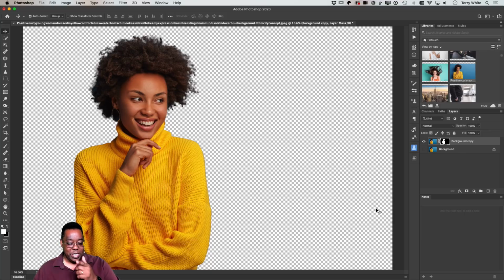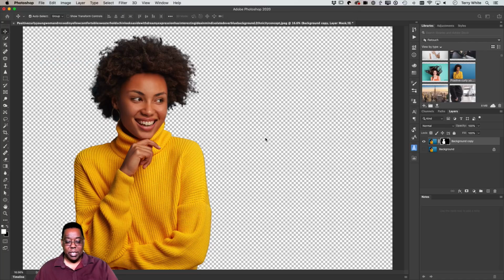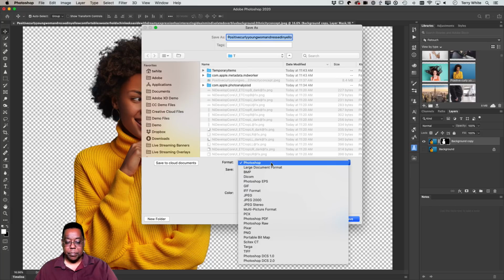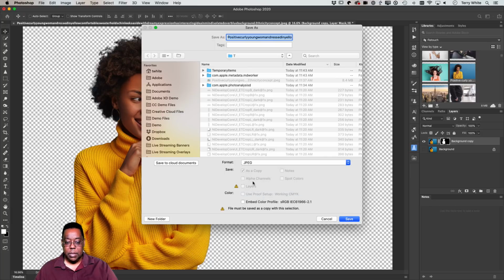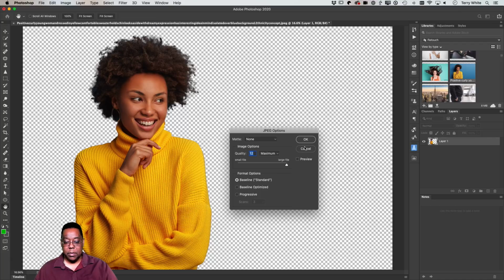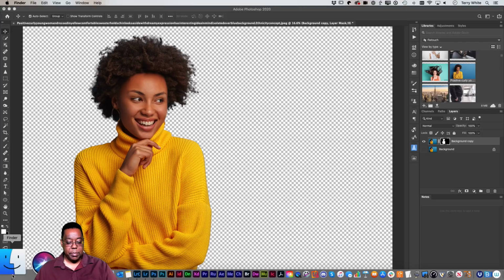If I wanted to save this image out with that transparency, we're used to saving photos as JPEGs. Well, if I save this as a JPEG, let's just do save as, save it to my computer, as a JPEG, on the desktop so we can get to it quickly. Whatever quality. There, it's done. Go to my desktop.